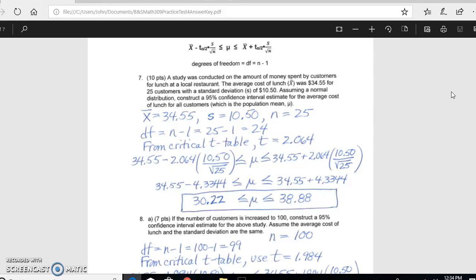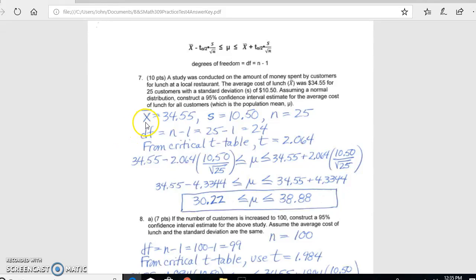which is the population mean mu. So that's what we're looking for, a 95% confidence interval for the population mean. Now we're given the formula here at the top of the page that we need to use to construct this 95% confidence interval. And the information given in the problem is shown here, that the X bar is